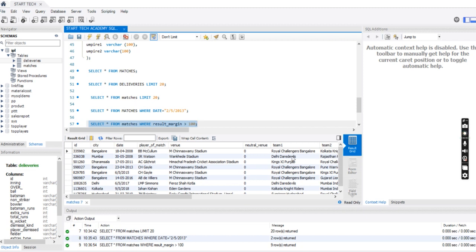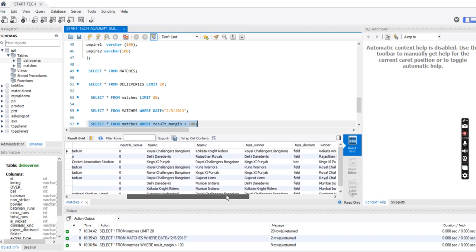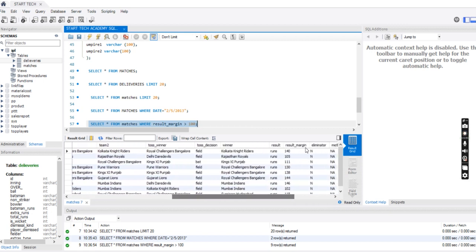I am going to receive all this data where the result margin is more than 100. And how you can check this out? See, this is the result margin column, and in this column you can see that all these values are greater than 100, because we have mentioned that we want that particular data where result margin is greater than 100. So you can check this out.